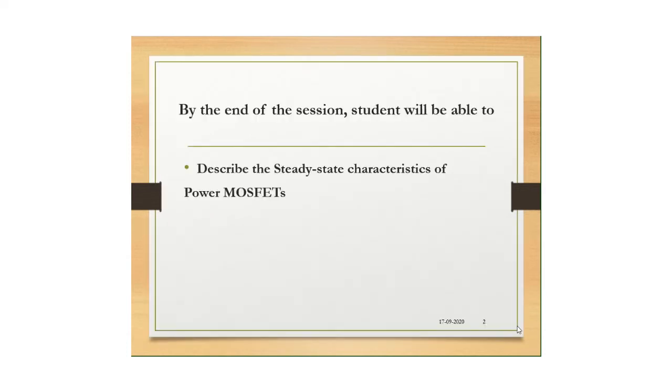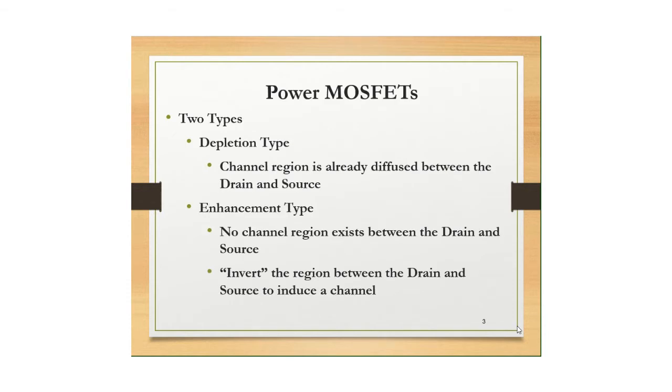By the end of this session, you will be able to describe the steady state characteristics of power MOSFETs. All right. So you know that there are two types of MOSFETs, right? Depletion type MOSFET and enhancement type MOSFET. In depletion, you know there are two types, N channel and P channel. Even in enhancement type, we have two types, N channel and P channel enhancement type MOSFETs,